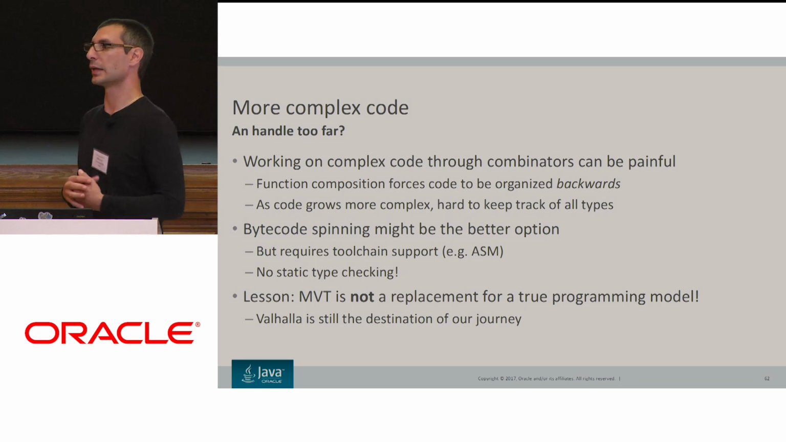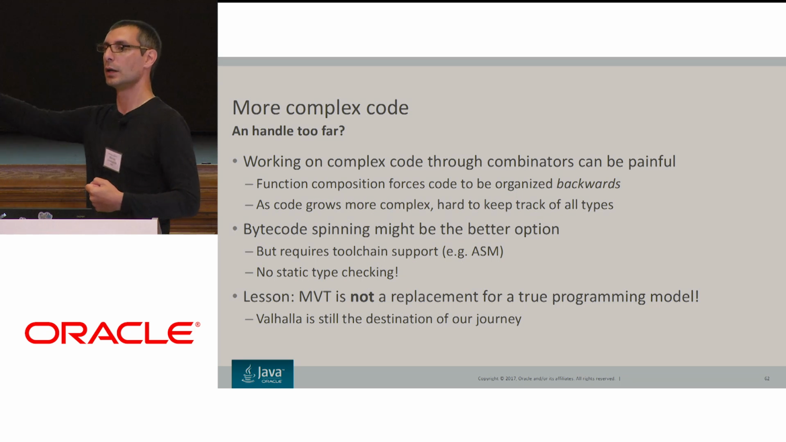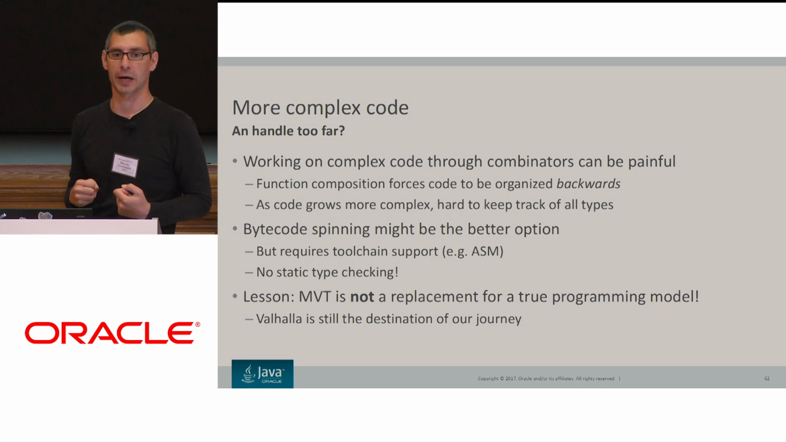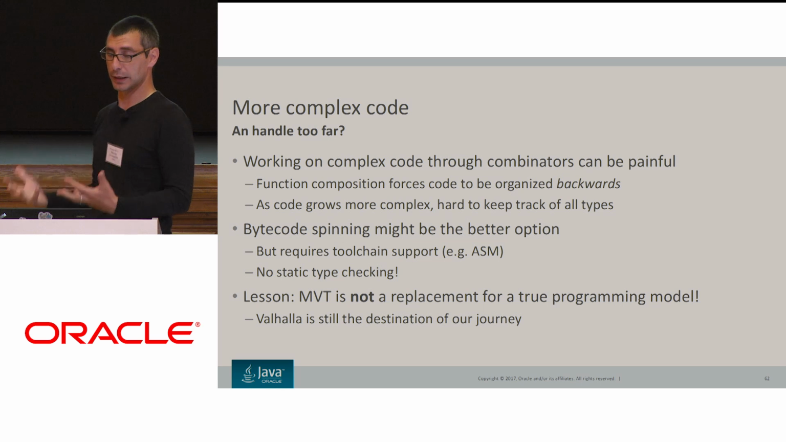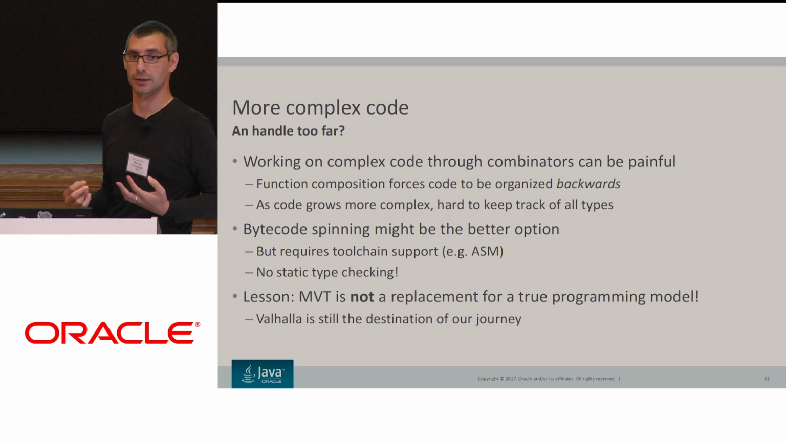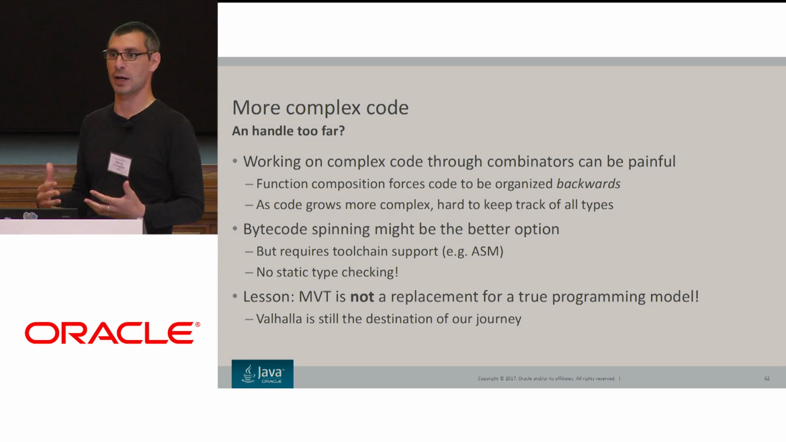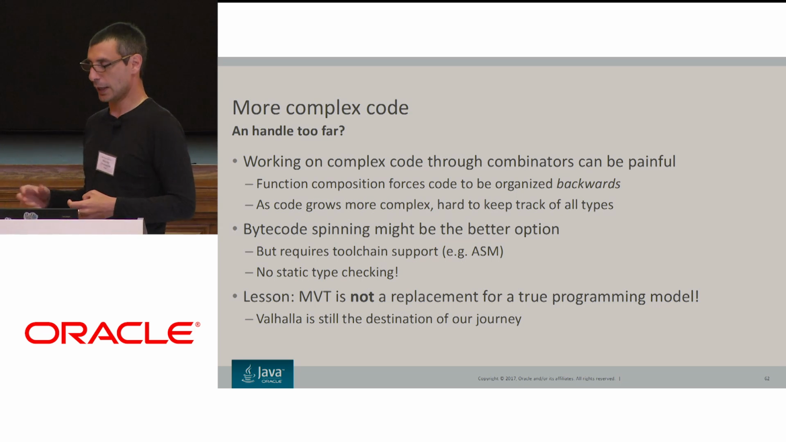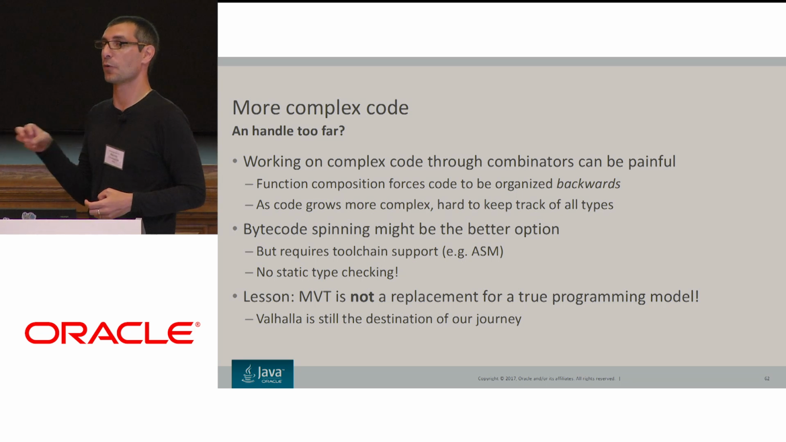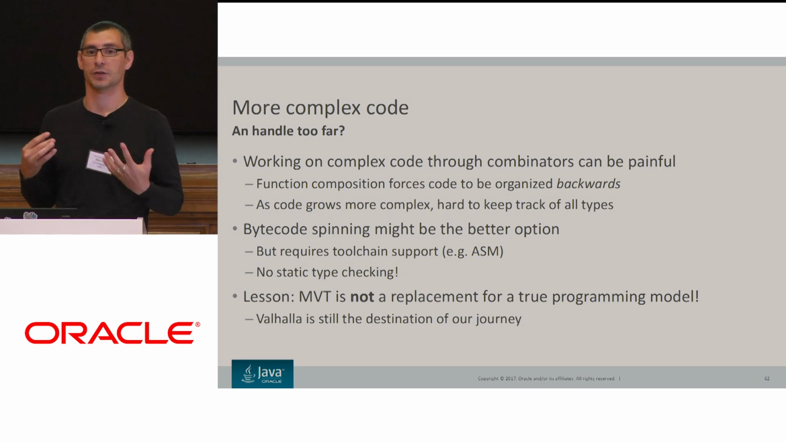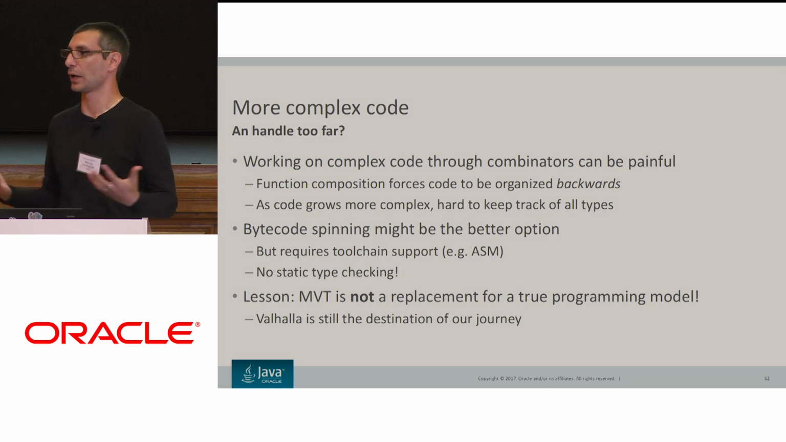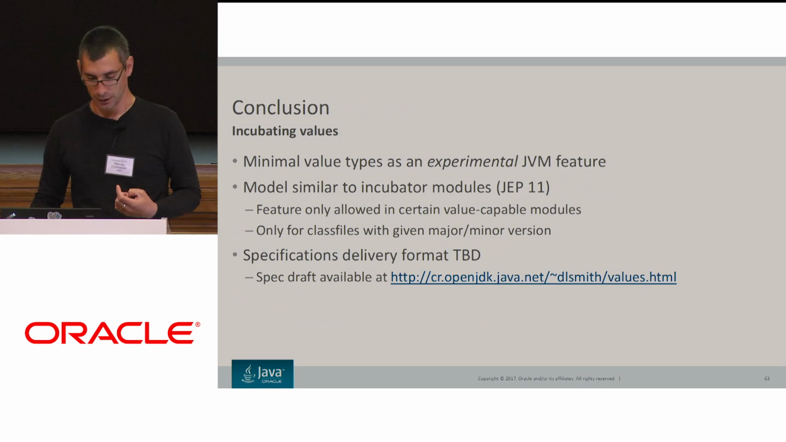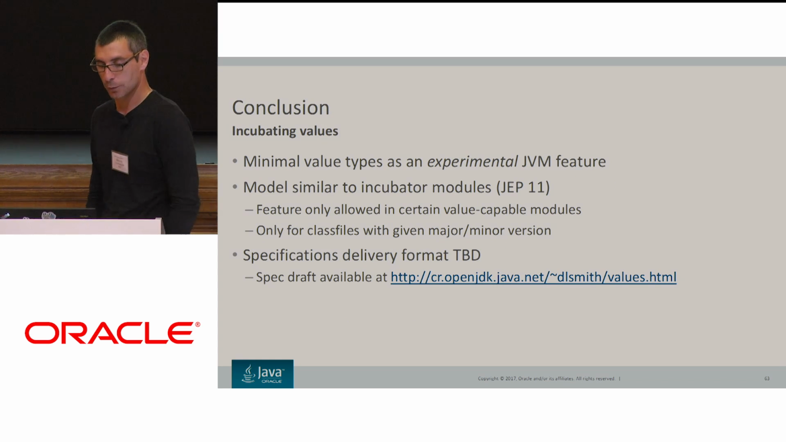So the lesson here is that minimal value type is a point in our journey, it's not the destination. Of course, the destination is to have a full programming model with values in it, and that will give you all the benefits of having better layout for data structures and also having programmers a better way to express the constraints that they want. MVT is basically a way for us to give you something that you can play with and report back some experience on what you think about the value support in the JVM. So speaking about what's there now,